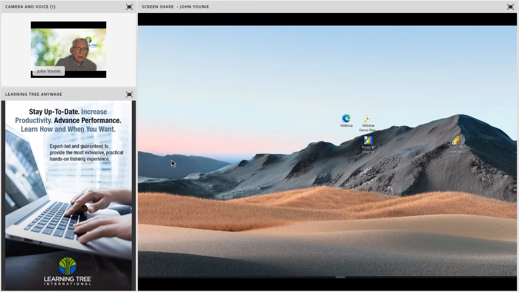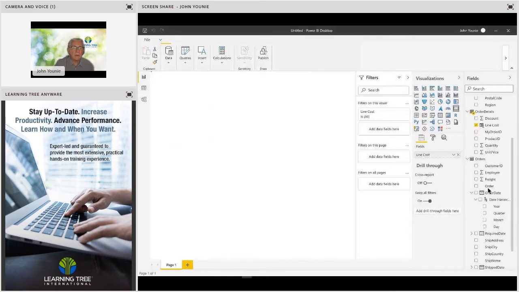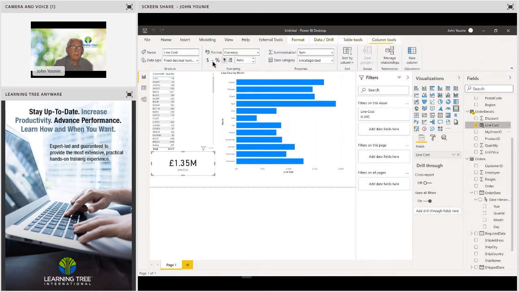There's a question about how do you get the pound sign for your actual cost? Well, let me click on line cost. I'll show you quickly to do this. So click on line cost. I then get a set of menus up here. So notice it says the format is of type currency. So I can drop that down and change its format. And I can drop this icon down and change the